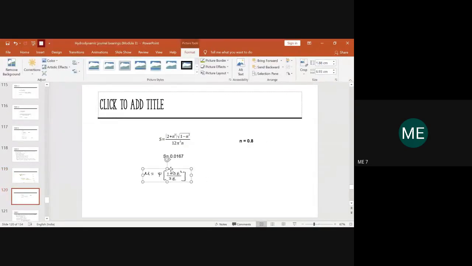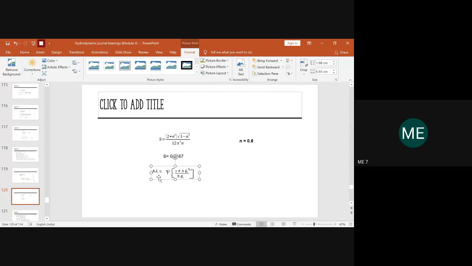So this is the coefficient of friction. Here, coefficient of friction is equal to chi into (1 plus 2n square). We call this n square, but it could also be represented by the permittivity symbol epsilon. Eccentricity ratio could be represented by the letter n and epsilon both. But we usually follow chi into (1 plus 2n square) upon 3n. So this is the equation we are now using for coefficient of friction.